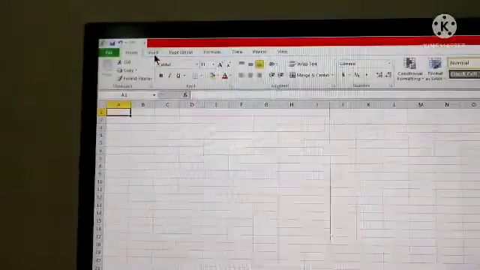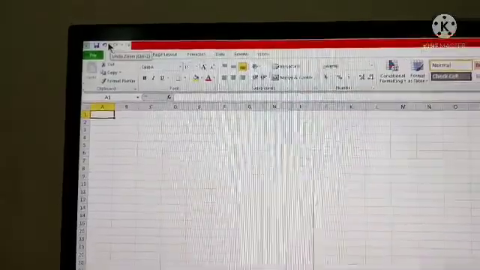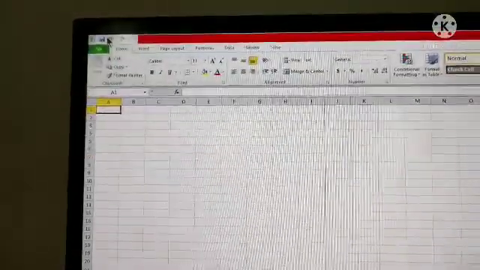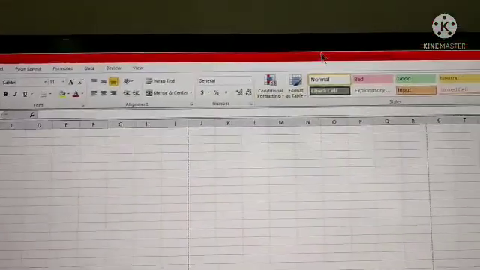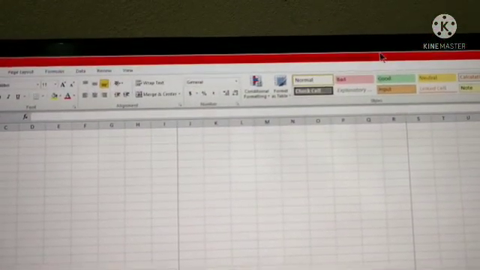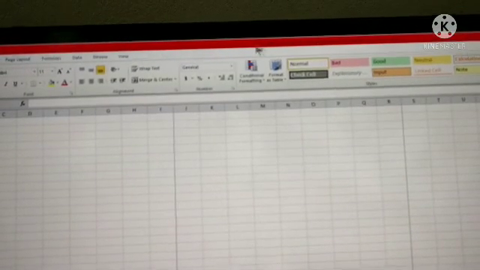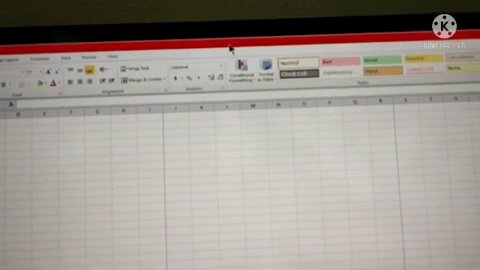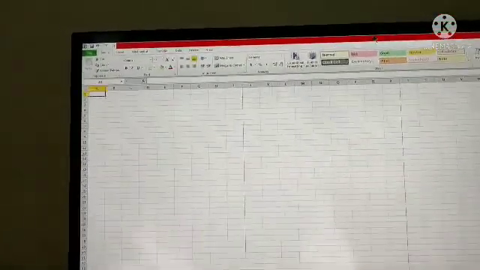Here it is, the quick access toolbar. Then this one is the title bar. This is Book 1. When you complete this Book 1, if you move to Book number 2, then here it will come Book 2. So this full page is known as the Microsoft Excel window.